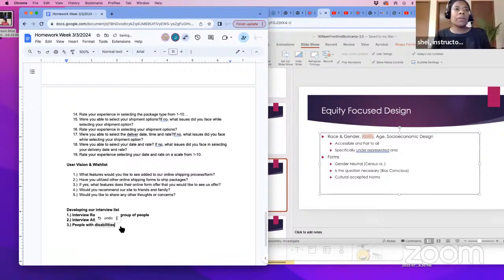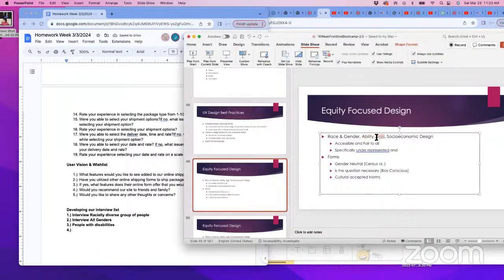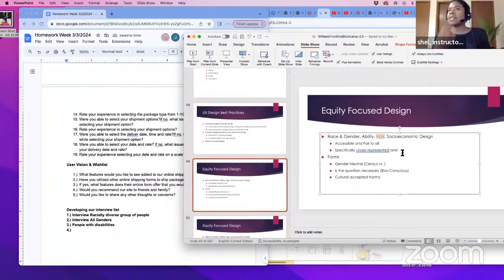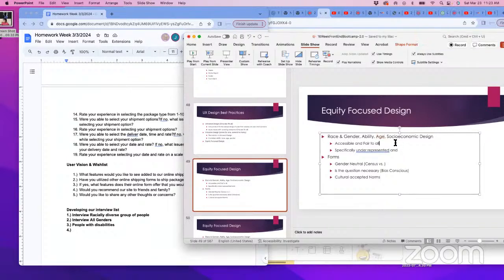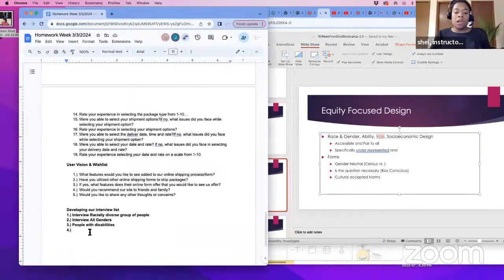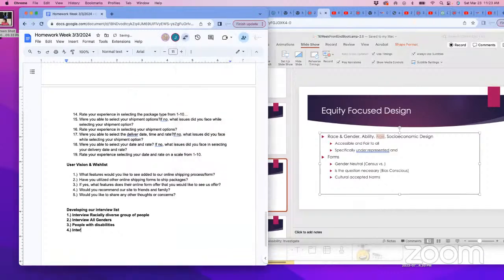Who else do you want to interview? What's the other requirement for equality focused design? It's not age? Yeah. So interview ages between